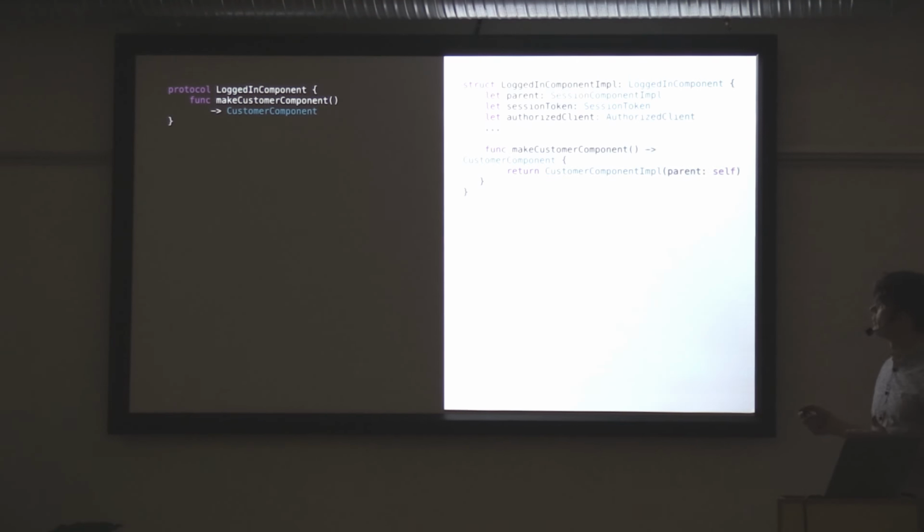We're almost finishing, but the most important part will be revealed here, so pay attention. You already know we're passing the parent, and we do the same thing here. This is where the authorized client lives, which we need. It's in the logged-in component. We're passing ourselves as the parent.